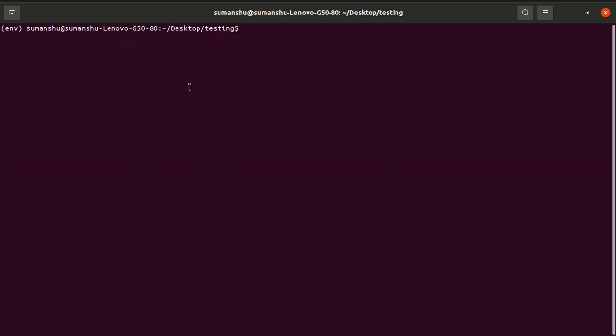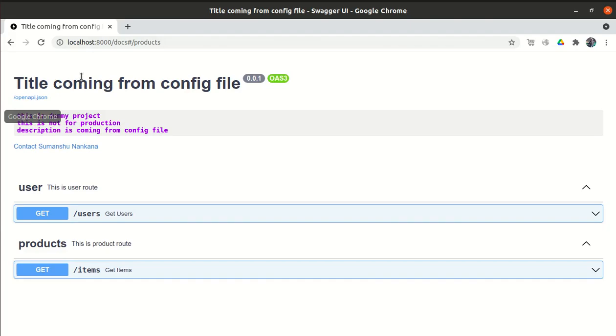In the first video we saw the basic structure of FastAPI and how to deal with metadata, but we passed the metadata within the code. Now we have upgraded our code a little, taking one more step ahead: we arranged our project using a configuration file and pass the parameters from it. Yeah, that's it. Thank you.